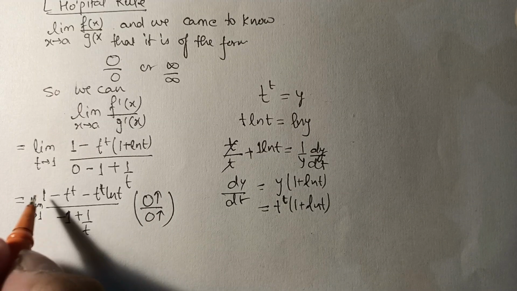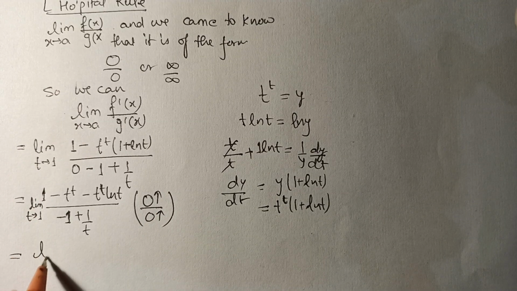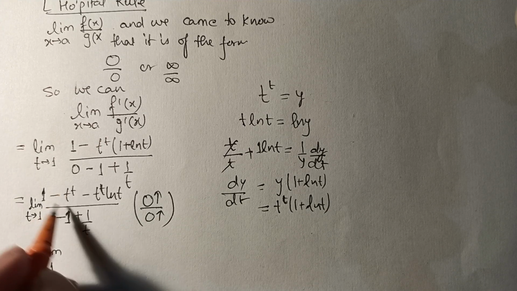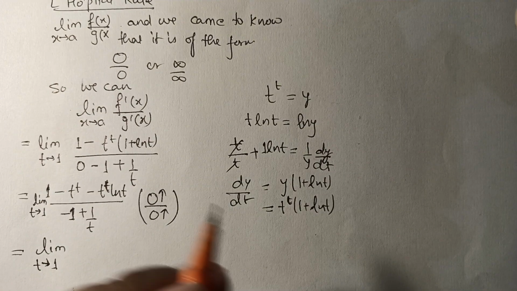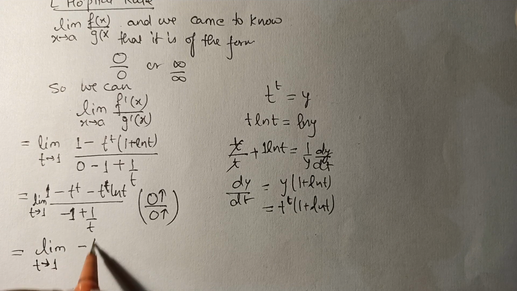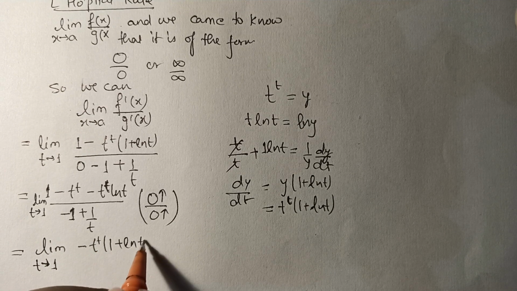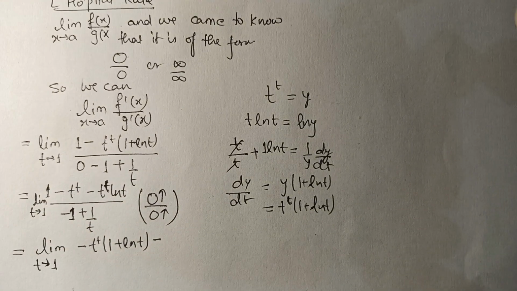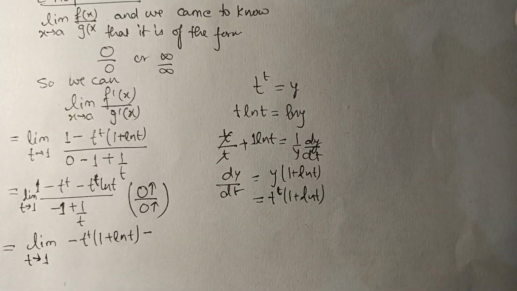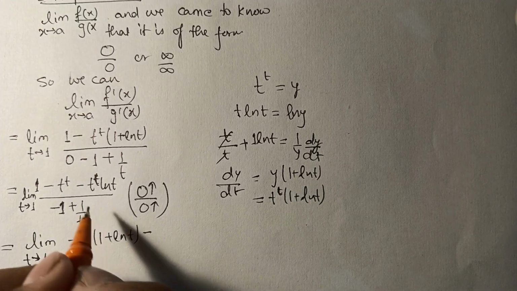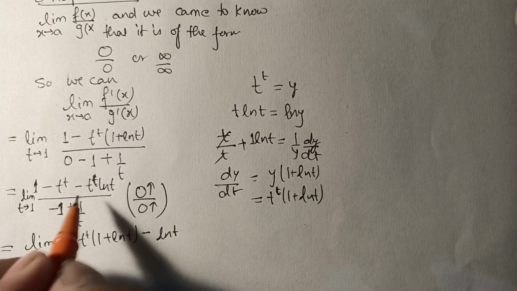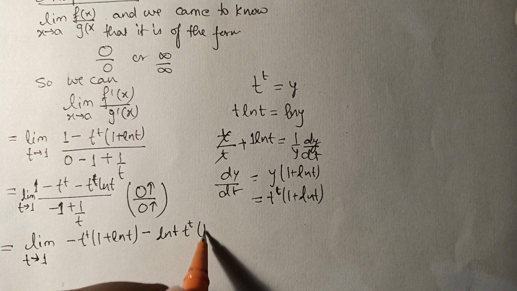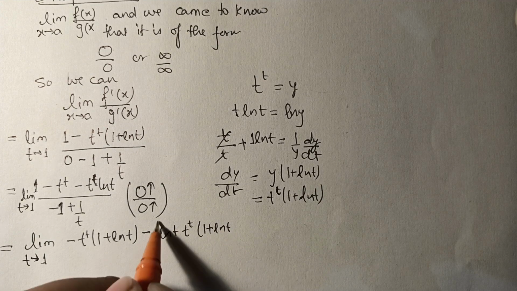So now we will have to again apply the L'Hopital rule, and L'Hopital rule states that we'll differentiate the numerator and denominator separately. Now differentiation of this we have found here, which is minus t raised to power t (1 + ln t) minus, now the differentiation of this, we will again apply the product rule. So now I'm writing it slowly. Differentiation of this, keeping this as it is, ln t, differentiation of this is t raised to power t (1 + ln t). Okay, I'm putting in brackets,